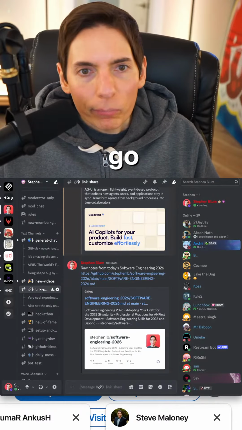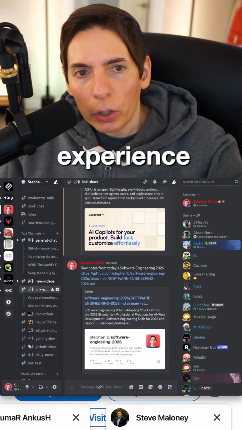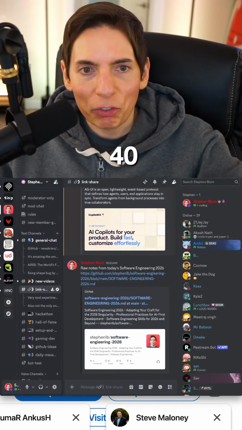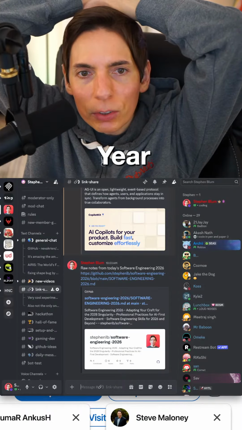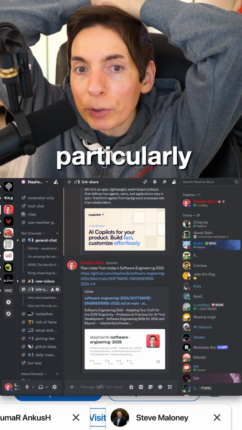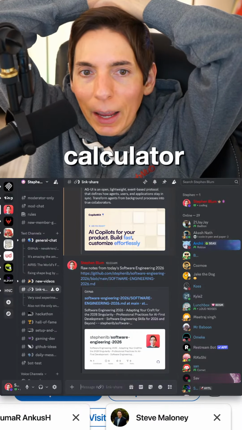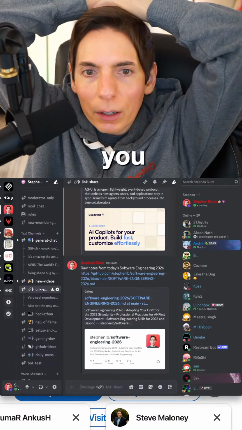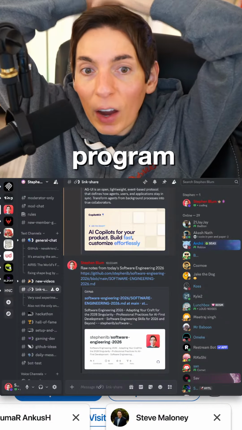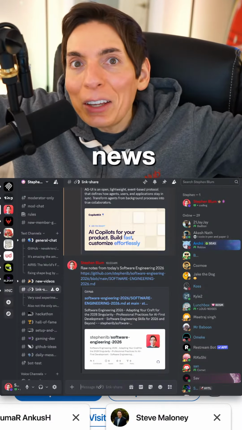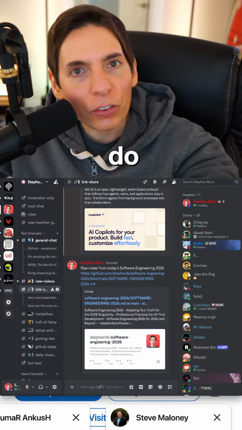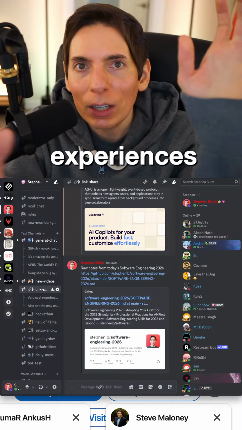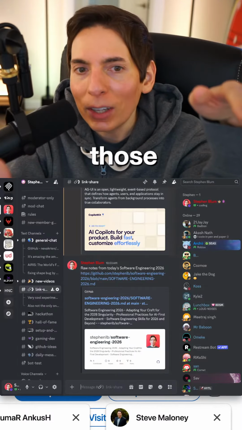Hey, Sate4E, how's it going? Happy New Year 2026. You have some experience with code, particularly with C++. You remember making a calculator and a sorting program for the tutor, and you haven't touched programming since. Well, good news. You can use an AI to do all that stuff for you now. And all the things that you learned from those previous experiences, you can now embed into your AI journey.